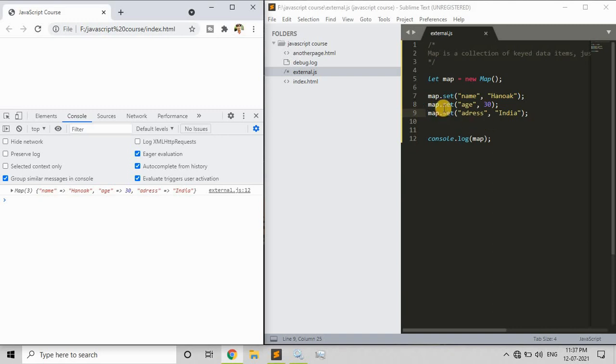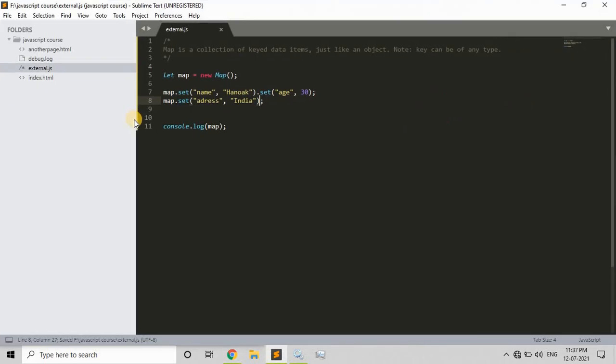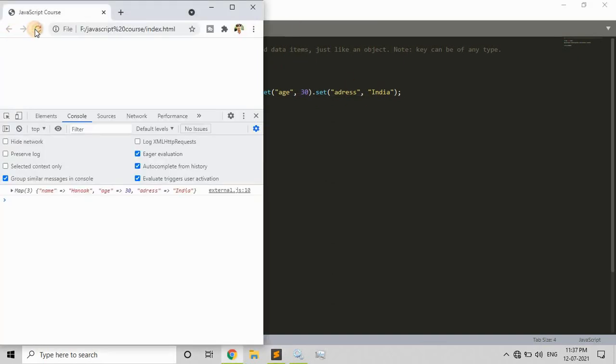So what we can do is remove this and do something like this. If I write it the same way, map.set for the first thing, and then again the second set and the third set, the output remains the same, as you can notice here.